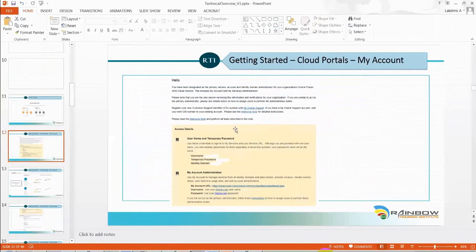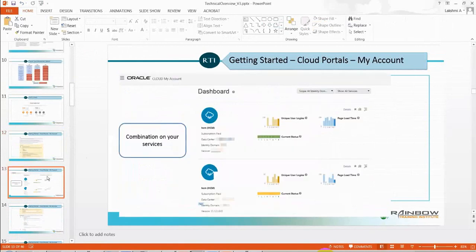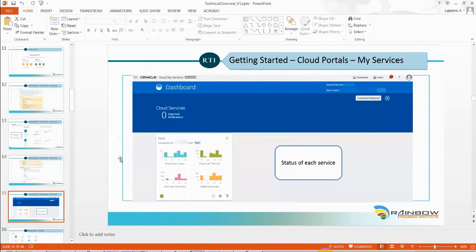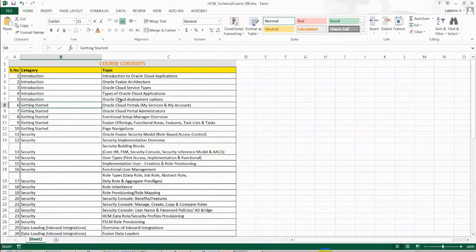I walked through the my accounts and my services pages, and how the administrator can maintain the status health check of each of the instances that we own, right? So that is about the cloud portals and what the administrator typically does to do the health check.